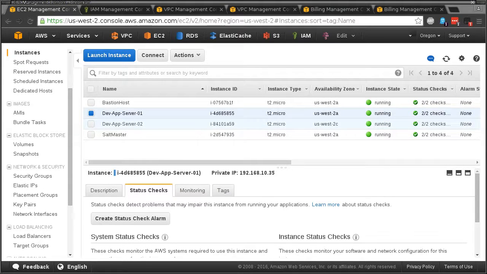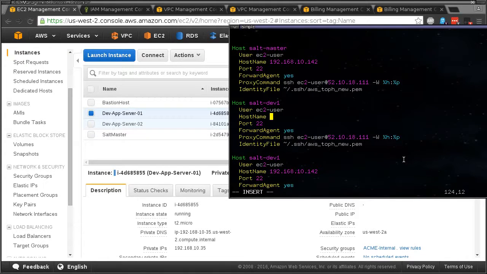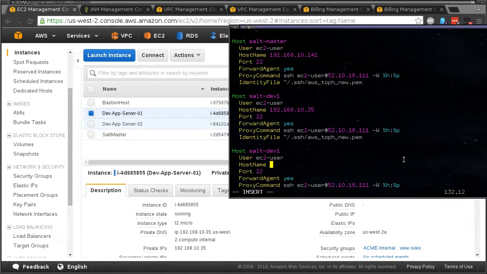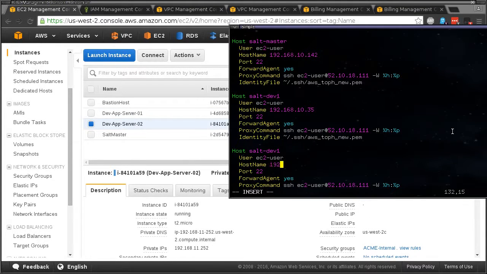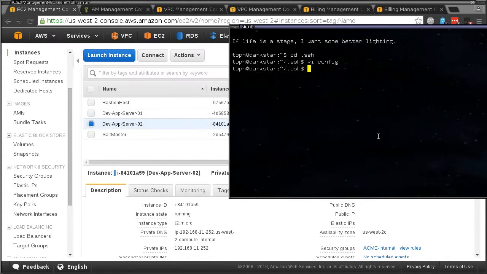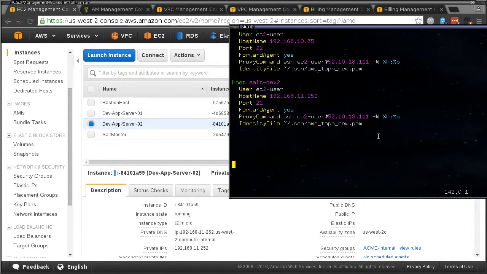So this is 192.168.10.35, and this one is 192.168.11.252. Another in different zones. Oops. Yeah, that would have been silly. Okay,